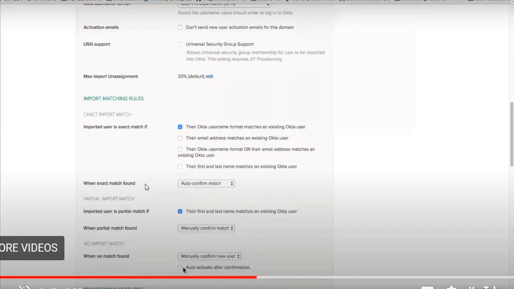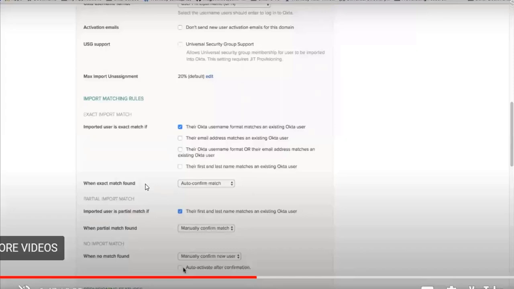So now what happens is whenever the next import runs, whenever we are scheduling an import, your account is already there in Okta but you don't want to create another account or import another account from Active Directory to Okta. If that happens, there will be duplicate accounts. The Active Directory account will be created in Okta and again your existing account will be there in Okta. So two accounts, but the email ID matches for both the accounts. So it's a duplicate one, obviously.